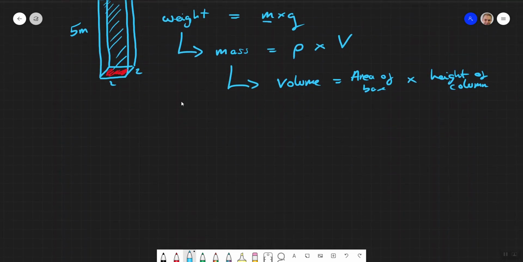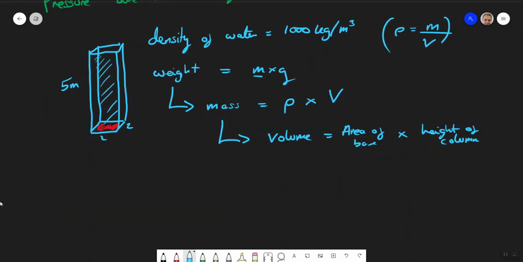But that's nice. These are all numbers that are there. I just have to go back and work it sort of backwards. So let's switch to red. Let's work this backwards. Well, I know the height of my column. It's 5. And I know the area of the box. It's 2 times 2. Well, it's 4. That gives me a volume of 20 meters cubed. So that's nice.